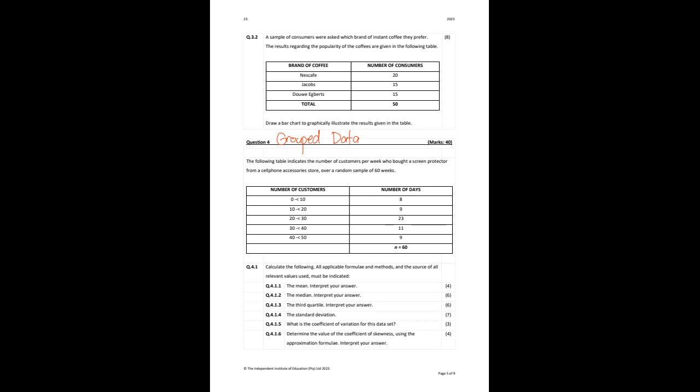For your ungrouped data, as I was saying just now, there are, I think, about 3 or 4 formulas that are not included, between 2 and 4 that are not included. So let's have a look at this question. It says to you that the following table indicates